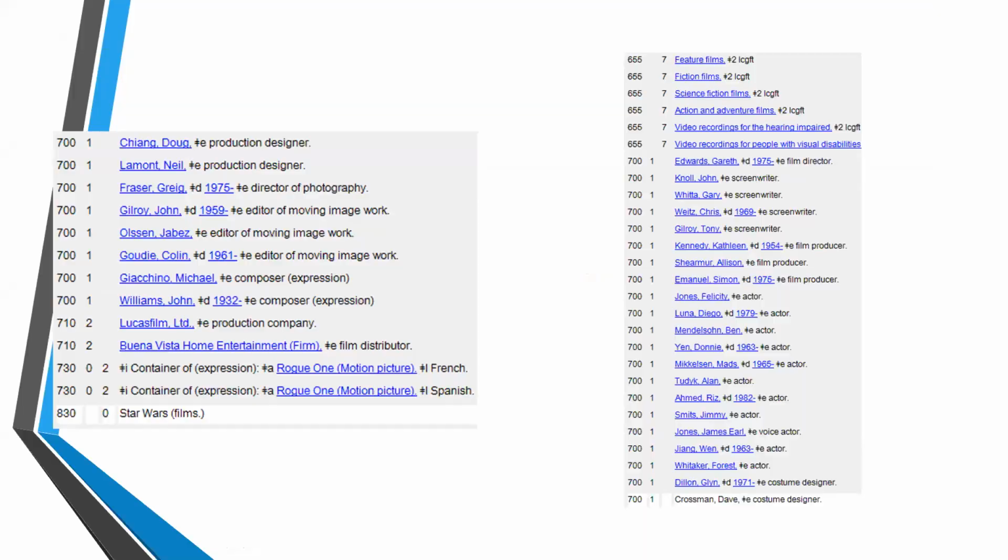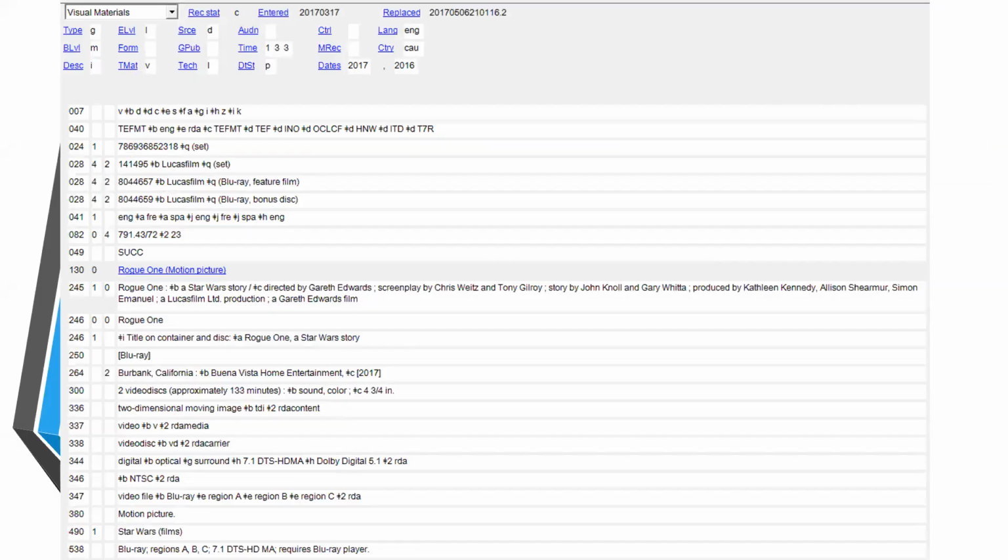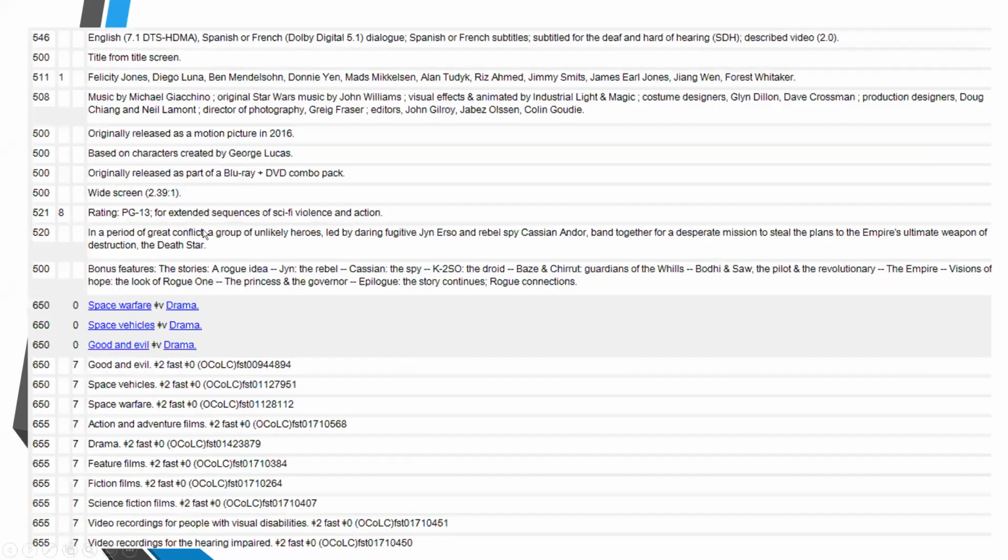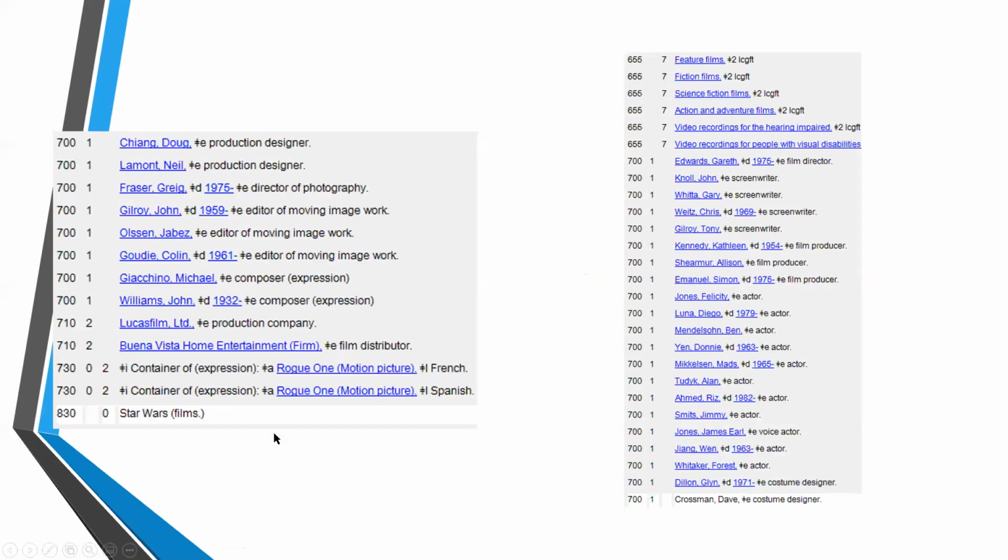This record contains a ton of information about a ton of things, from your standard fields, and then a variety of technical fields, notes, subject headings, and especially extra 700 fields for people involved in producing a film. So we've got the director, the screenwriters, producers, actors, designers,